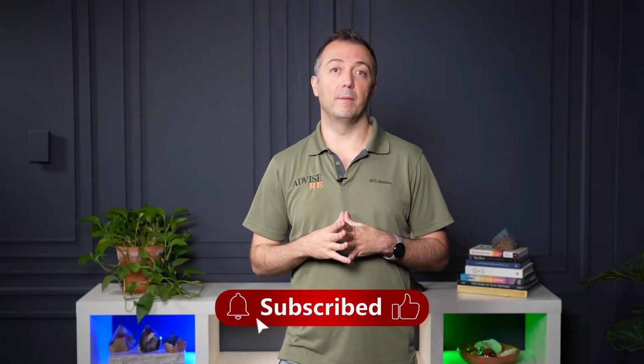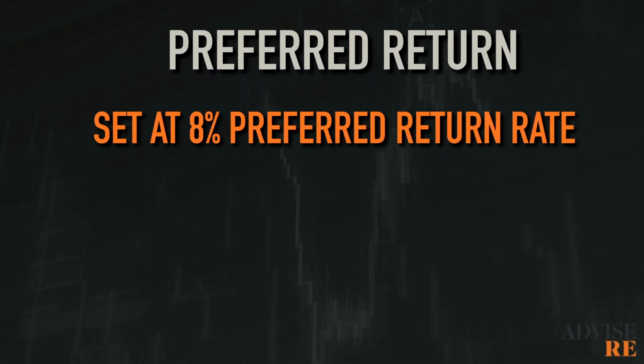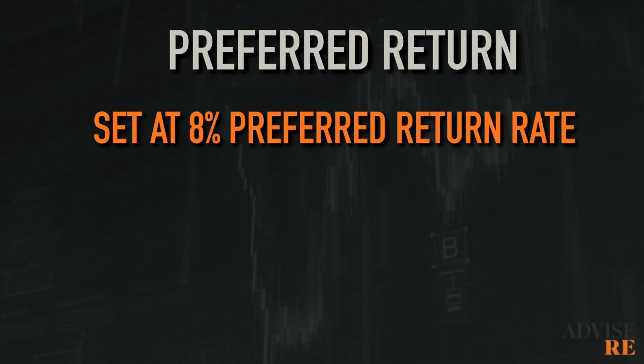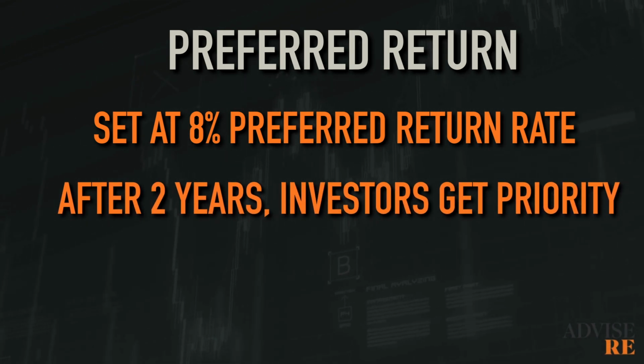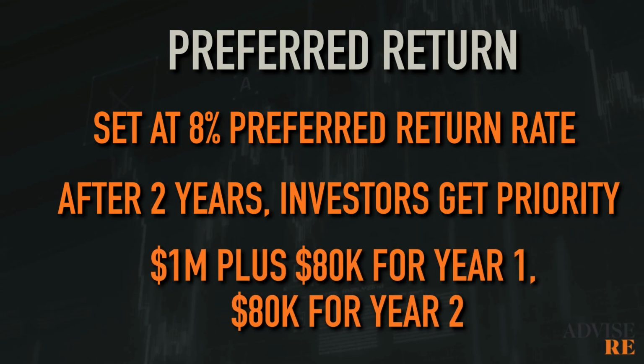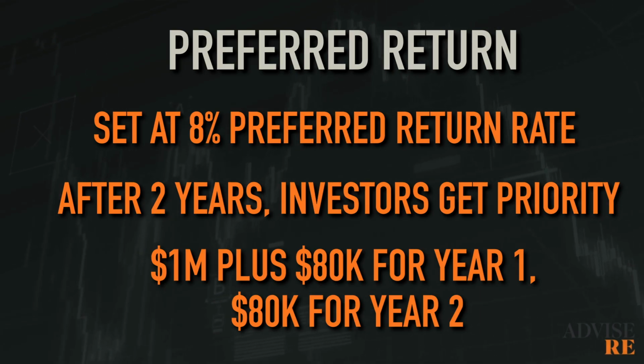So how does this work in real life? The investors put up all the money, and after a couple of years, they get the money from the refinance. But they don't just get their invested capital, they might get some sort of concept of a preferred return. So for example, let's say that the preferred return is set at an 8% interest rate. And so after 2 years, and if we're calculating on a simple basis, not compounding, then the investors would have a priority to the cash flow at this point in the waterfall of $1 million plus $80,000 for the first year plus $80,000 for the second year, totaling $1,160,000. At that point, it's possible that the waterfall ends right there.